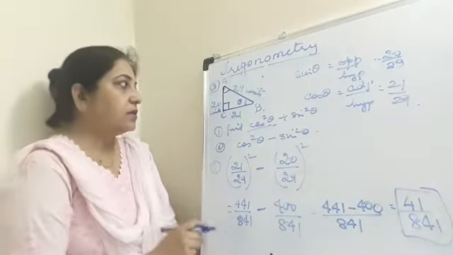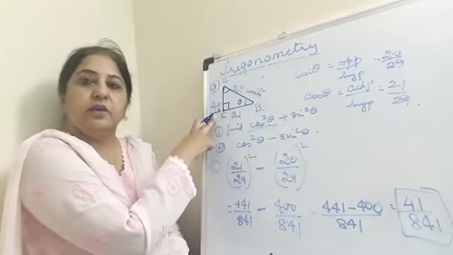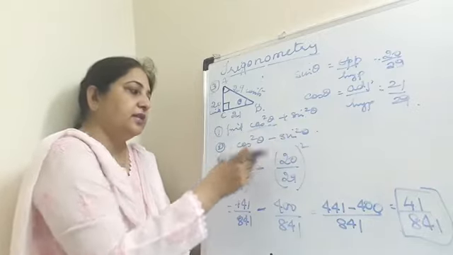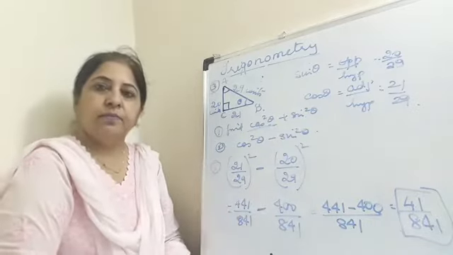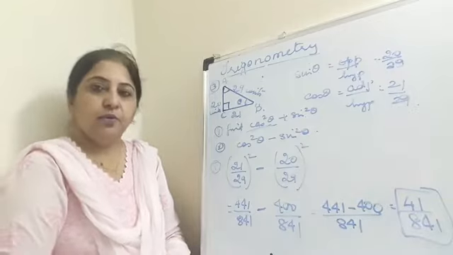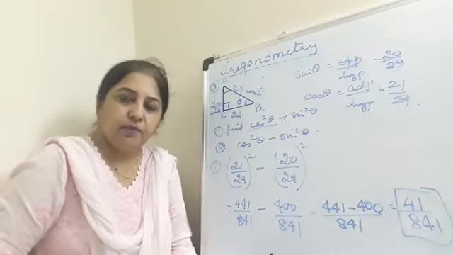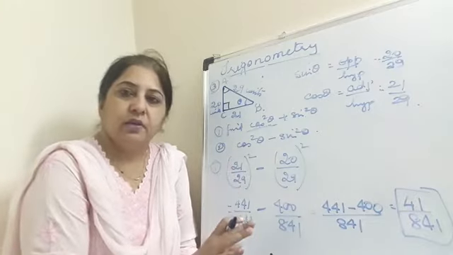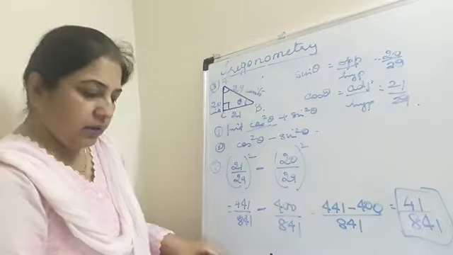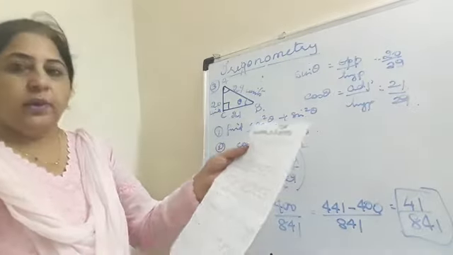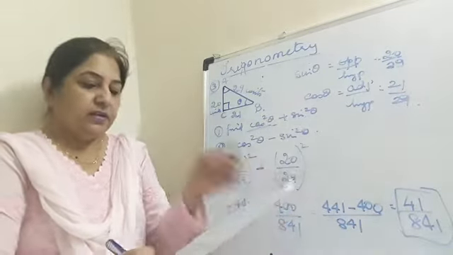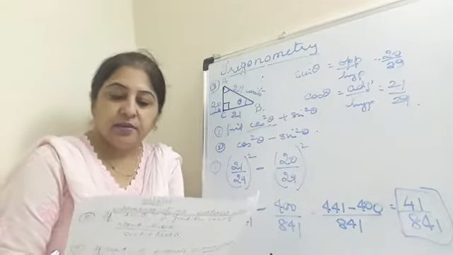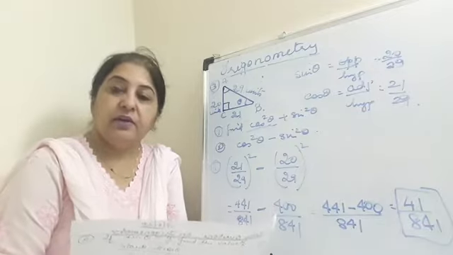So what we've done in this question: find the side which is unknown, then find the value of cos square theta and sin square theta, then substitute and find the answers. I hope you're understanding what I'm trying to explain to you. If you have learned the ratios, if you are thorough with your trigonometric ratios, then you will have no problem in solving. Now, there are so many questions. If I read this fourth one for you: if cosec A is root 10, find the 5 other trigonometric ratios.